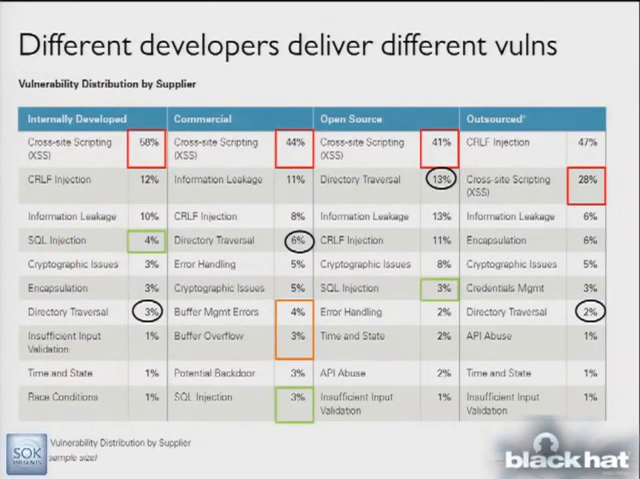A lot of data here. And so this is looking at the vulnerability distribution by the supplier type of the application. So supplier type is who developed it. So was it internally developed? Was it commercial code? Was it open source? Was it outsourced? And if you look across something like cross-site scripting, and take the outsourced stuff with a little grain of salt here because it's a small sample size,